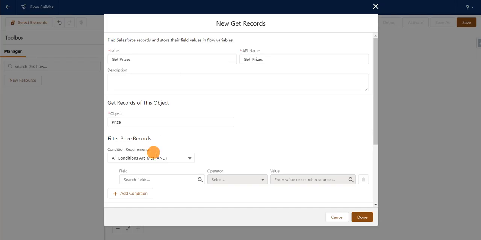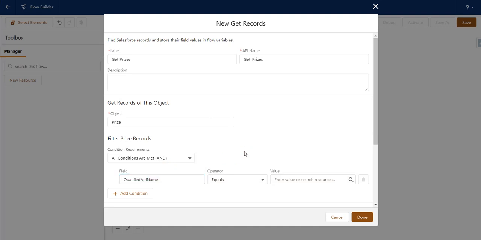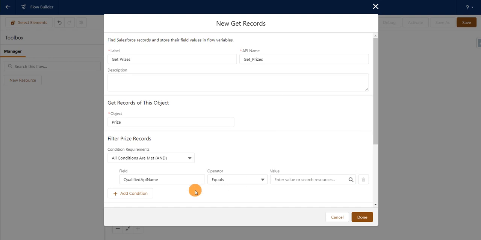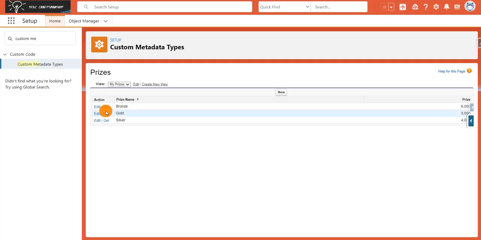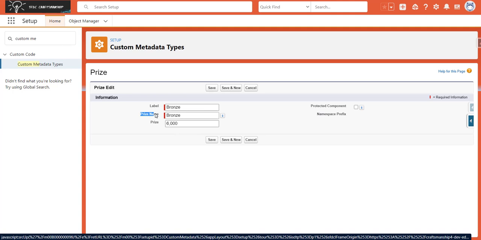So here I'm going to filter the condition based on the account type. So what I'll do is Qualified API Name equal to, so Qualified API Name includes the value of this. For example, if I try to access this record called price name, this will be the API name where the value is bronze.